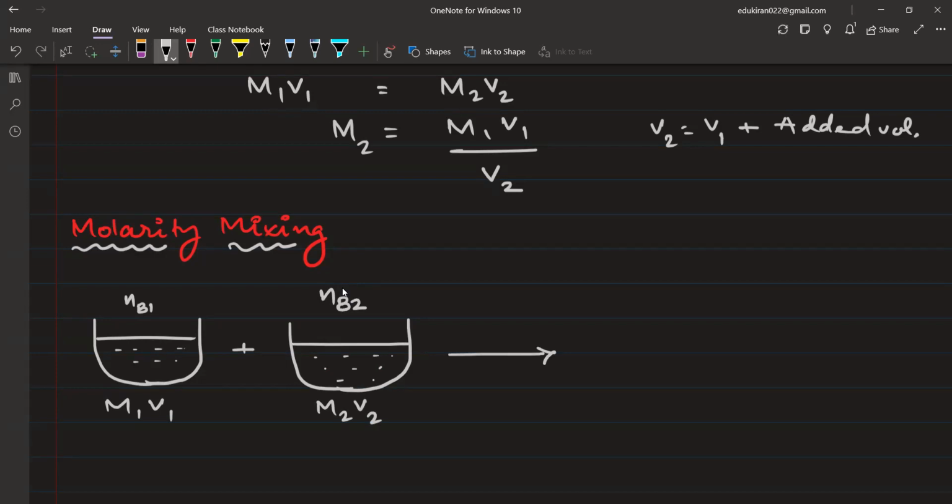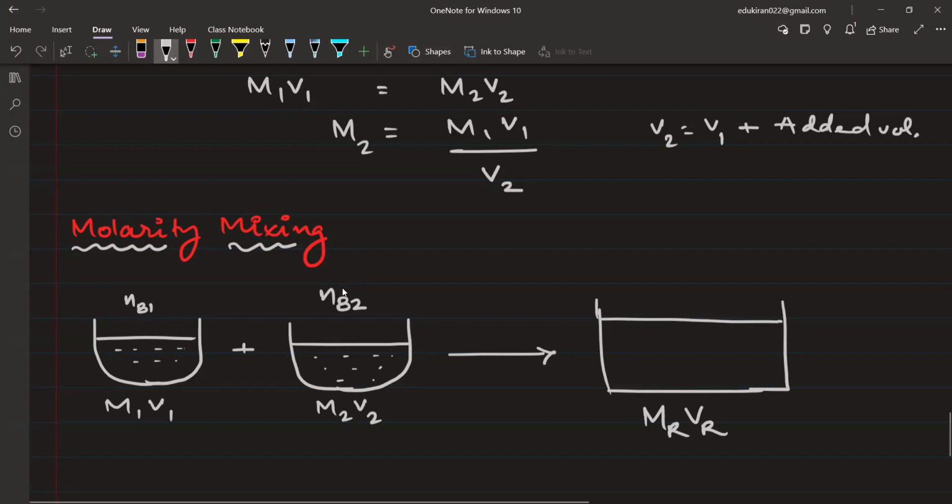When I add both of these things, I will get a resultant solution. This resultant solution will have a different molarity and a different volume. So I will write MrVr. Now, MrVr. But please remember, when we are adding both of these, the nature of solute, for example,